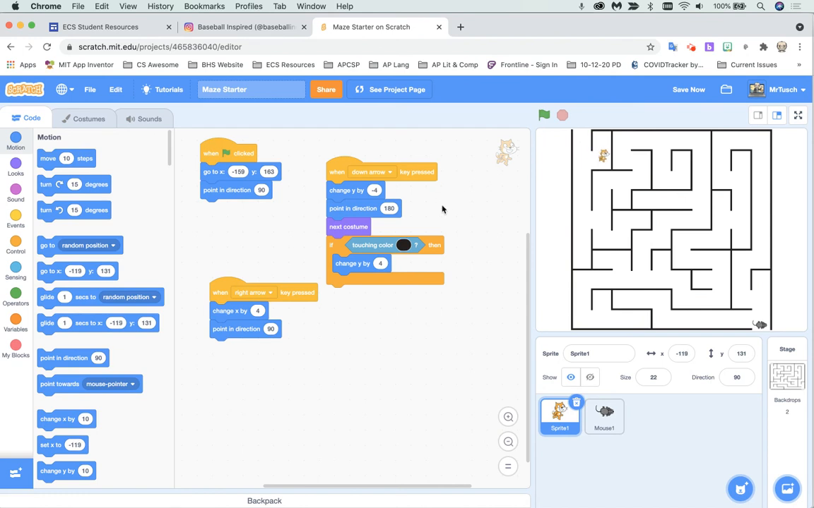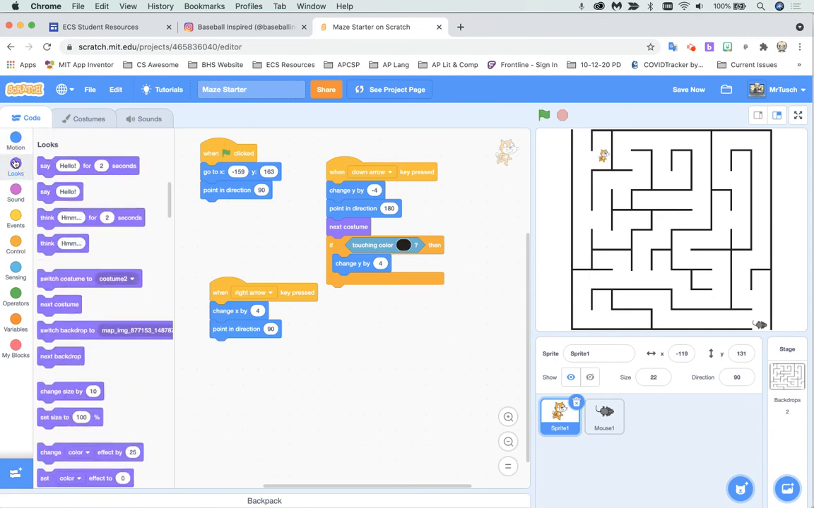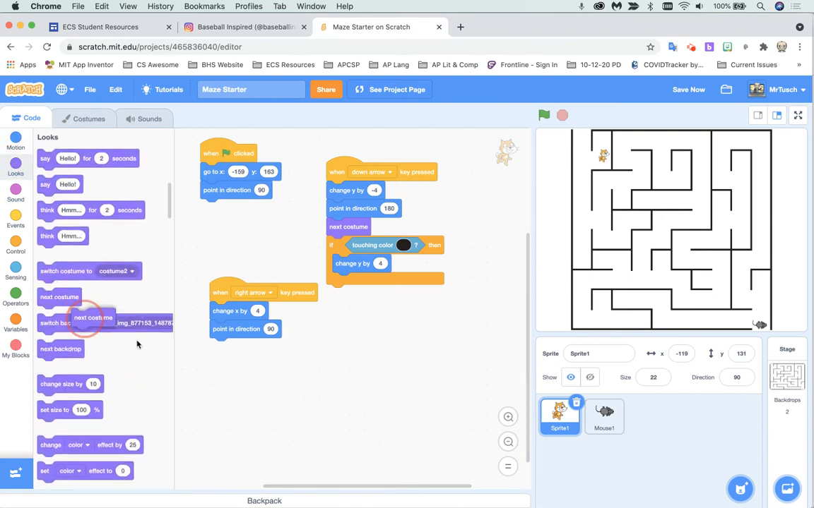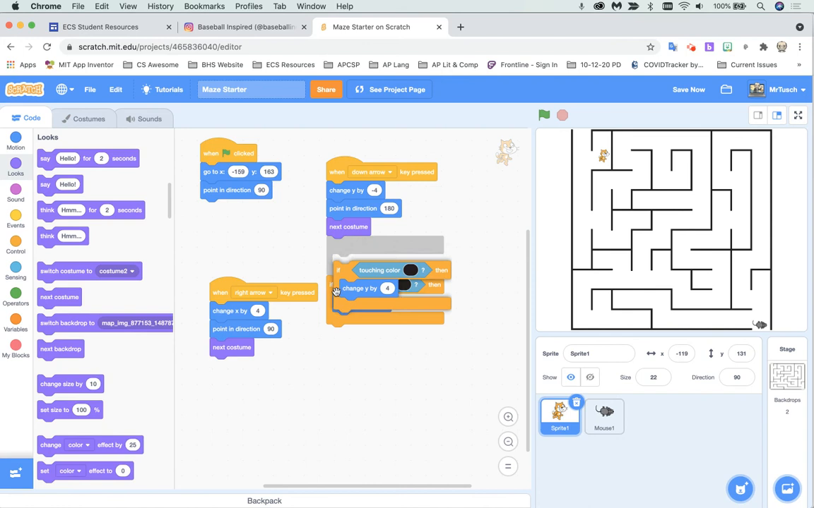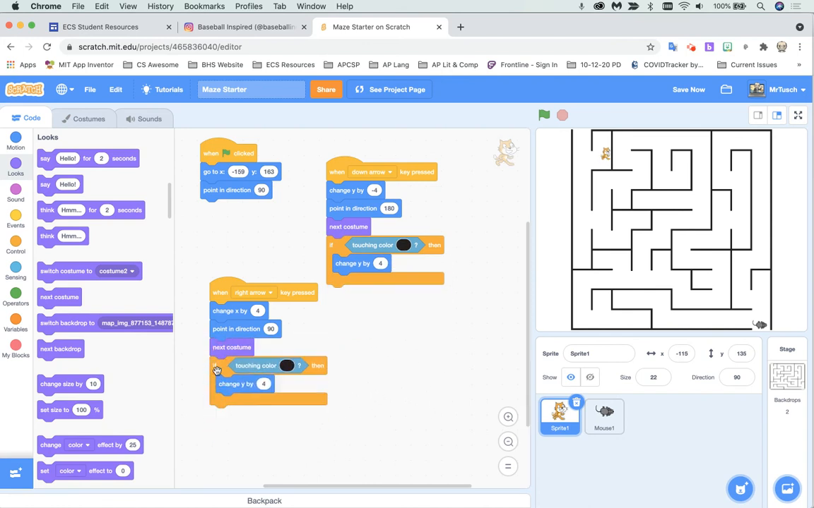And we've got to do our next costume trick, right? Our next costume is right here. Grab my next costume, stick it in here. And of course, he's still running into the walls. So we have to put in the if then that stops him from running into walls. Let's see how we do. So I'll go down a little bit, go to the right,